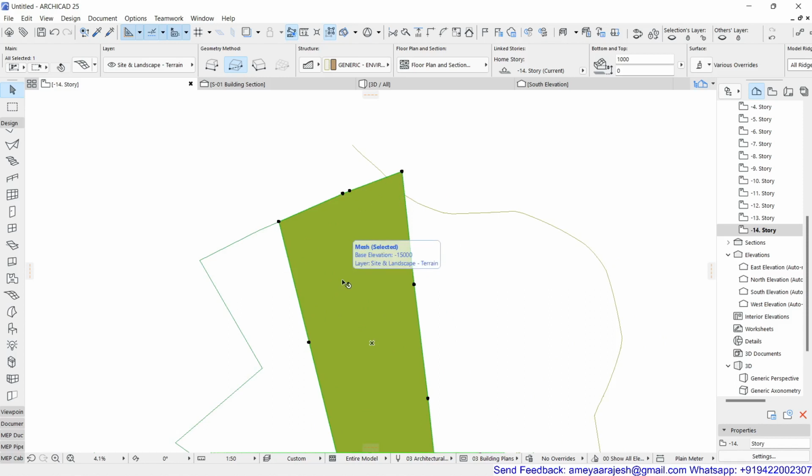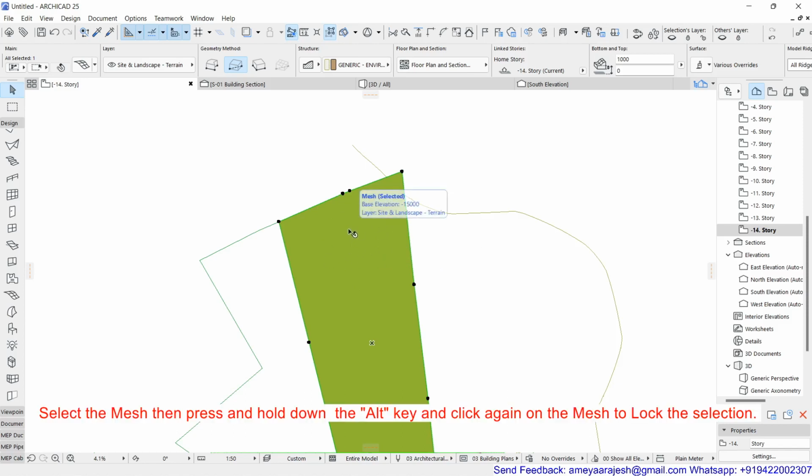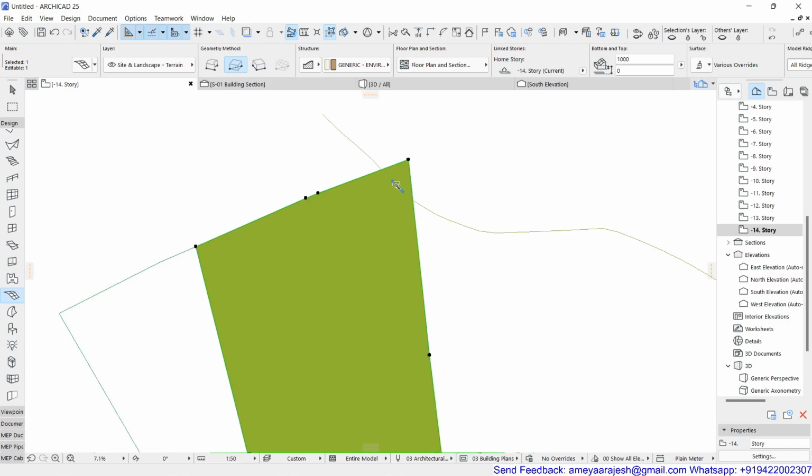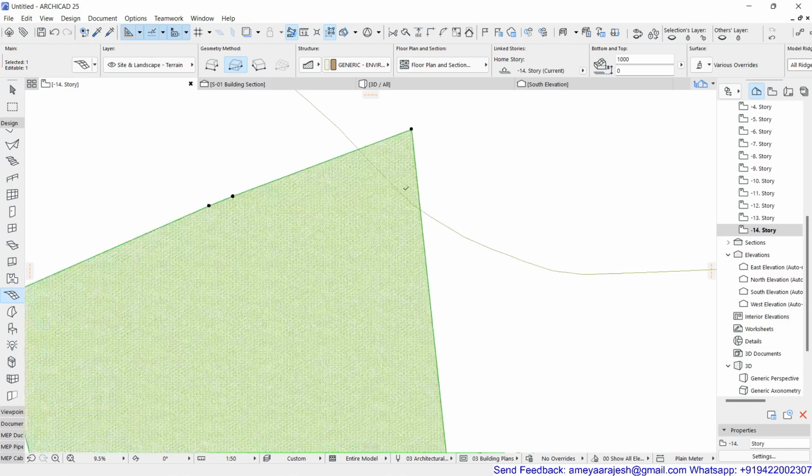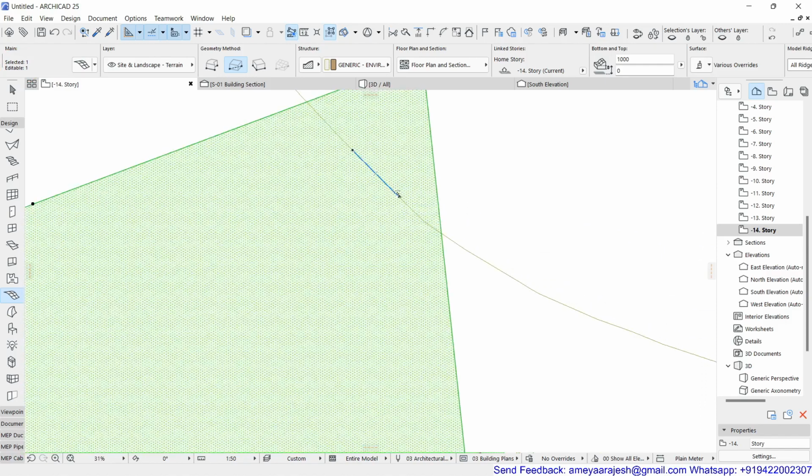Now let's see how I can trace this particular contour segment on the top surface of the mesh. So it's the same topic which you must have already studied or must have used also: select the required mesh. Then lock the selection. So you can make sure that it is the selected, editable one, and I'm locking the selection by pressing the Alt key and picking the same element again. And then with the spacebar, I just click on this contour line, okay, so this is what you are going to actually trace out.